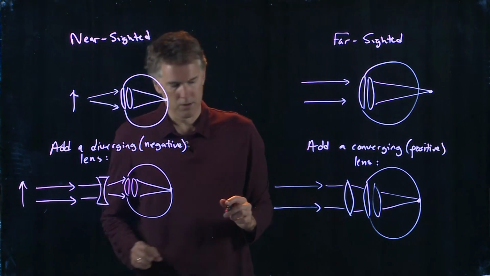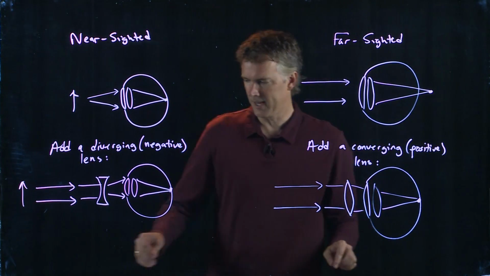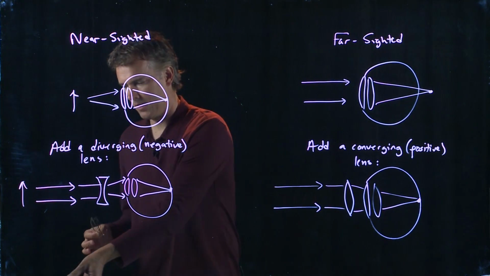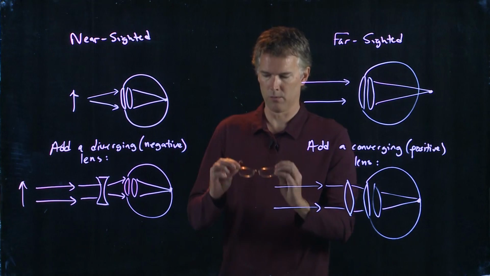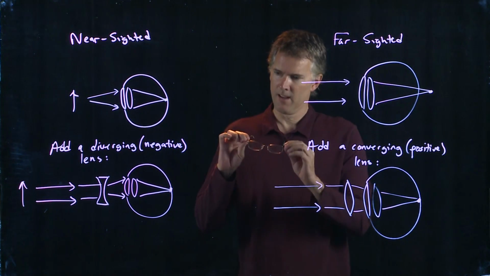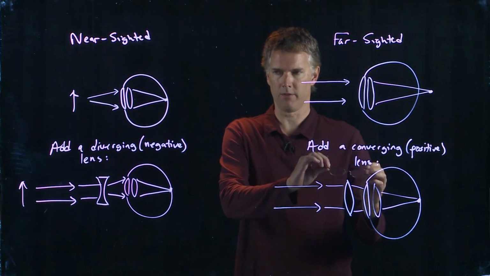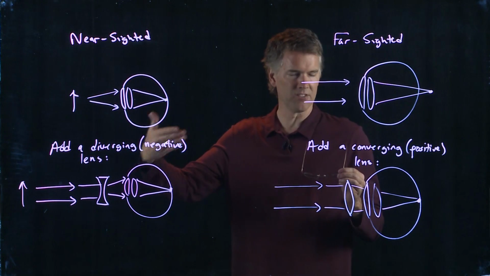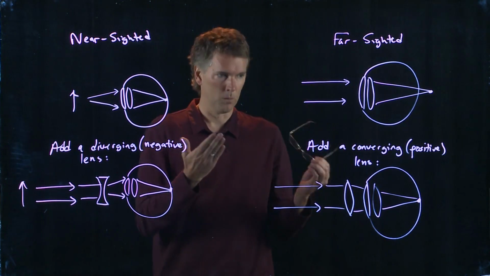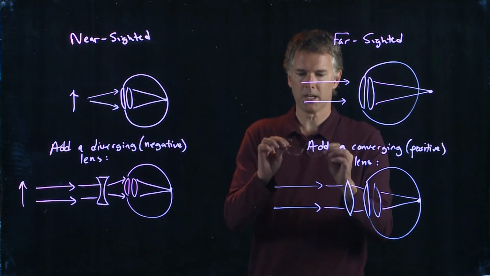So you automatically know if you are nearsighted or farsighted just by looking at your lenses. Here, these are my reading glasses. When you get old like me, you get reading glasses. These have a positive value. They're converging, which means I am farsighted. I can see things at far just fine, but when I try to read things close without glasses, it's hard to read. And so I need a converging lens.